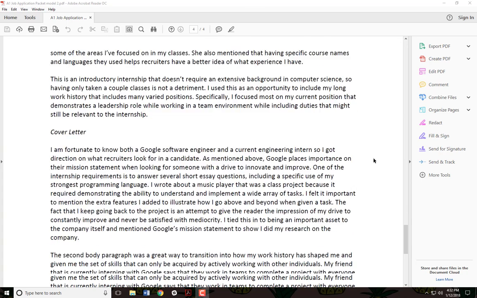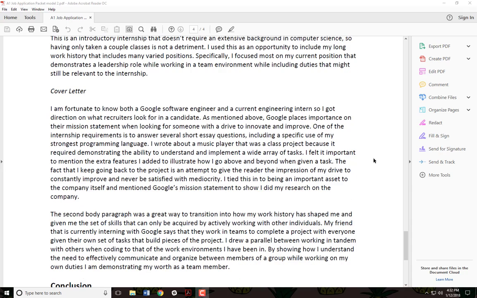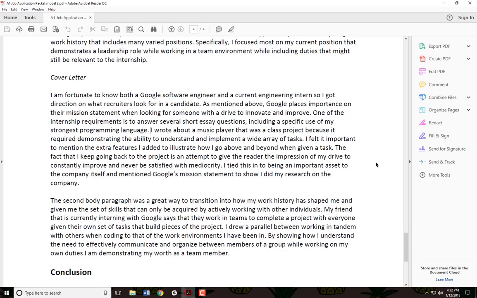And so on. Same with the cover letter. And he talks again, "I was fortunate to know a Google software engineer and current engineering intern, so I got direction on what recruiters look for in a candidate." And then he goes into some of the things they're looking for. "One of the requirements is to answer several short essay questions and including specific use of my strongest programming language." So he took the time in the letter to answer that question, which is a specific use of a programming language. And so a class project, a specific concrete detail, they're going to want to know that information because it's